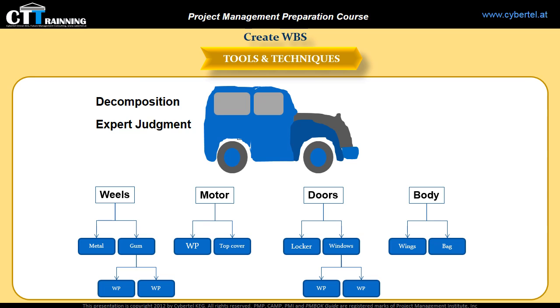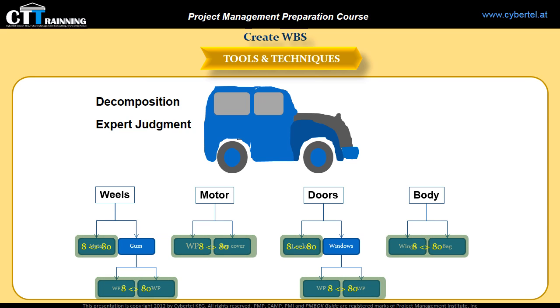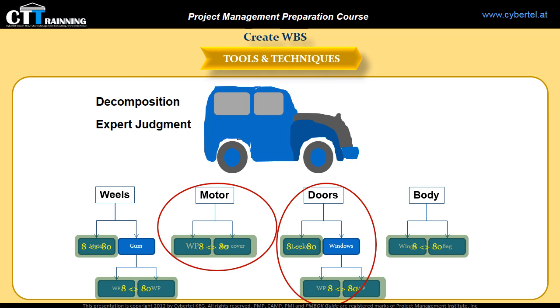There is a general rule stating that the lowest level of the WBS, or better to say, the work packages, should be not less than 8 work hours and not more than 80 work hours. Different deliverables have different levels of decomposition. Sometimes the work of some deliverables needs to be decomposed only to the next level, while others need more levels of decomposition. In fact, decomposing to a greater level of detail gives us the ability to better plan, manage, and control